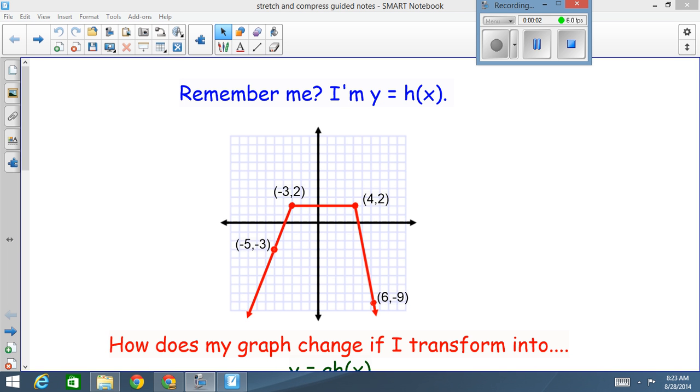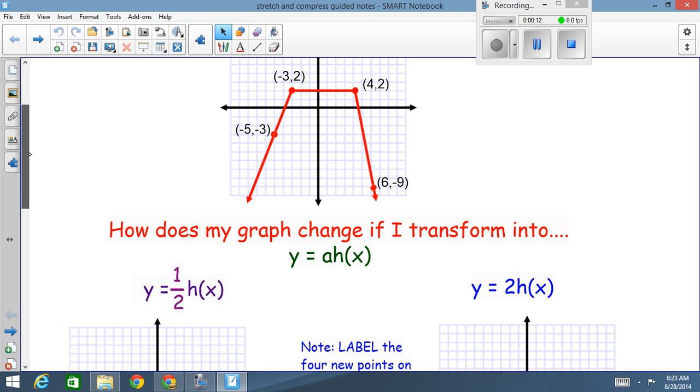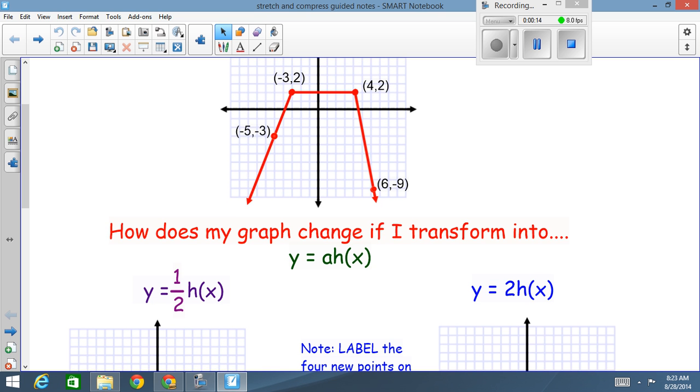Okay, so remember this function? It's back. Exact same function, exact same points that we just got done talking about. There's one more thing we're going to do in our transformations unit here. It's kind of a scaled down transformations unit, but the last thing we're going to do is